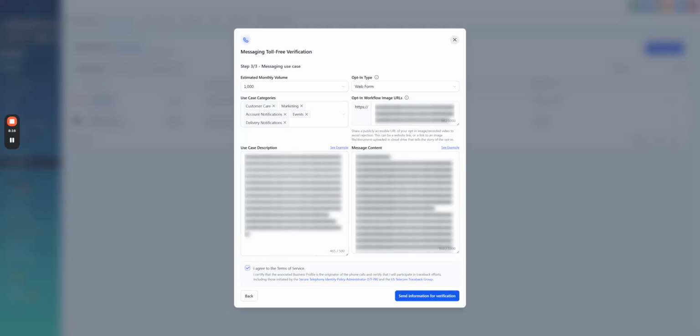This certifies the associated business profile and the originator phone call. I will participate in traceback efforts, including those initiated by the Secure Telephony Identity Policy Administration and the US Telecom Traceback Group. So send the information for verification. Hopefully it will pass.